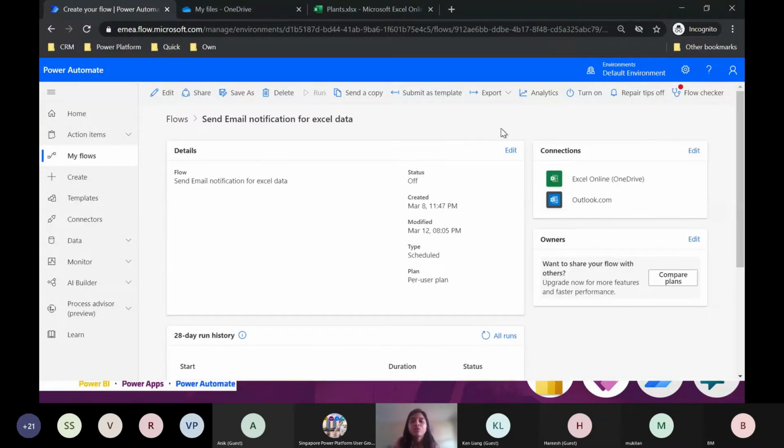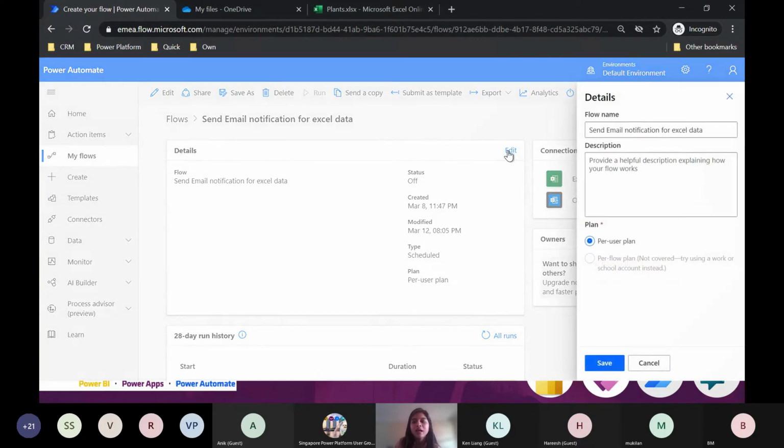Also notice a few things, like I've not given any description of the flow. So even if my flow name is self-sufficient, you can always add a description. To add a description you would have to click on edit, and you can add: this flow is specially created to get my Excel data in my email.